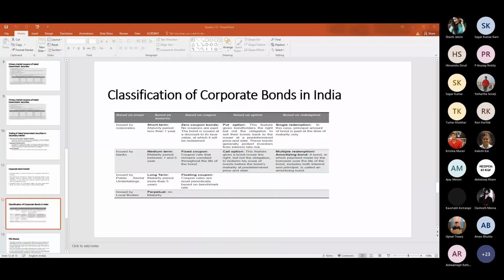So if the interest rate is high, then the price of the bond will be low, right? Yes or no? Yes, sir. So if the price of the bond is low, then all of you already know that generally the call price will be relatively higher than the face value of the particular bond. So it will be good for the investor if they sell back that particular bond to the issuer.